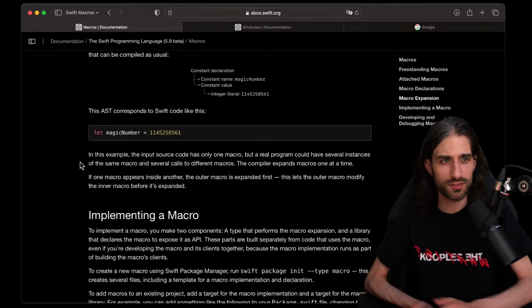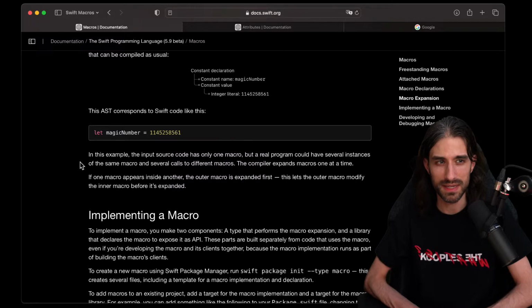This makes me think, for instance, we could now have a macro that we apply to a closure and that would have maybe the weak self and the guard let self inside the closure. Maybe we could have this Wikify macro that could be implemented. Maybe if I want to try implementing a macro, that's what I can try to do in the coming days. Or if you want a challenge for implementing a macro, that can be an interesting challenge.